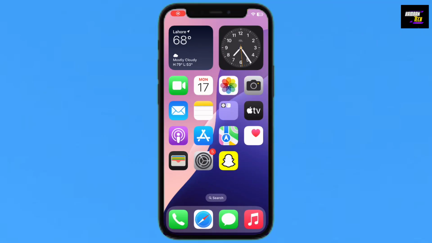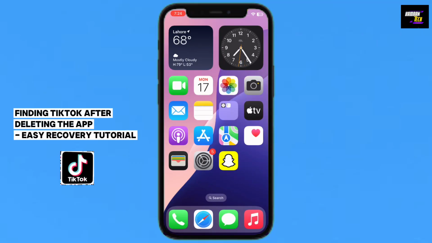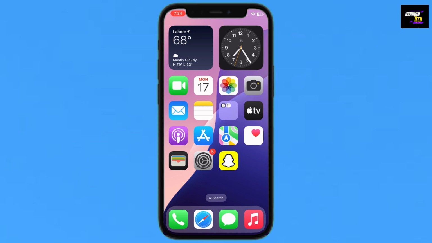Hello everyone, today I'm going to show you how to find TikTok after deleting the app, an easy recovery